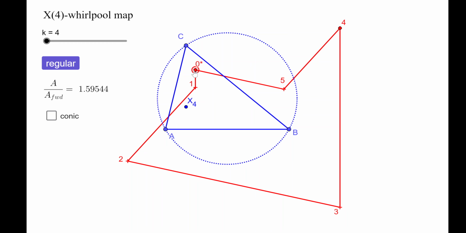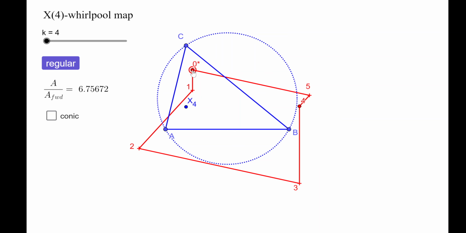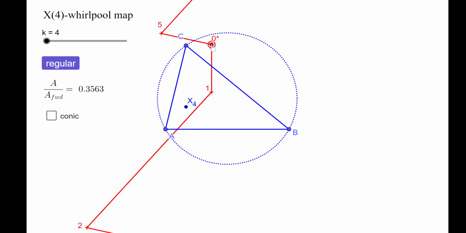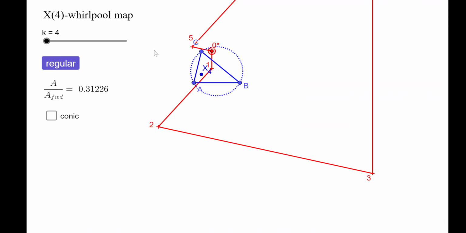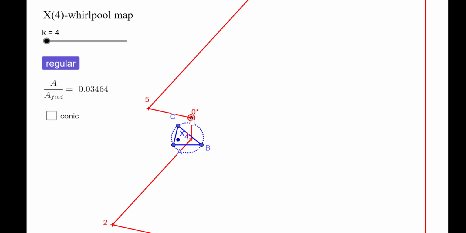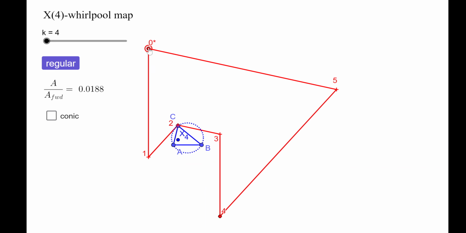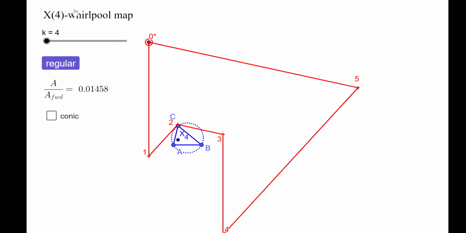And let's do this kind of thing. Okay, I'm moving 0 around. Now if I go outside of the triangle, my polygon becomes big, like so, right? But it's still a hexagon, denoting the closeness or closure of this iteration that is being called X4 Whirlpool map